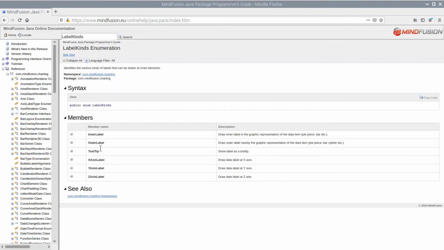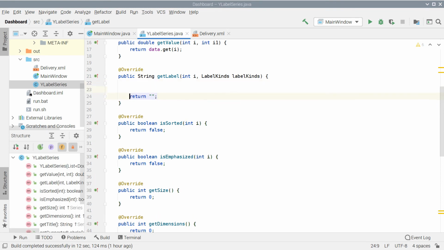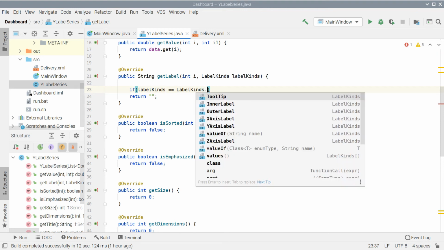The label kinds enumeration specifies all types of labels that can be rendered on charts. It allows bitwise combination of the members. So, in our getLabel method, we check if we are asked for the y-axis label.